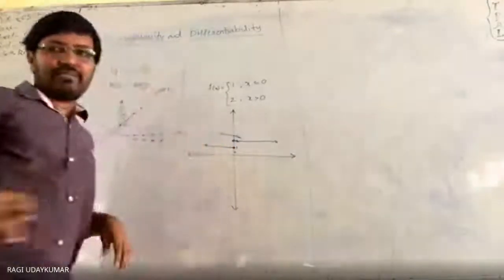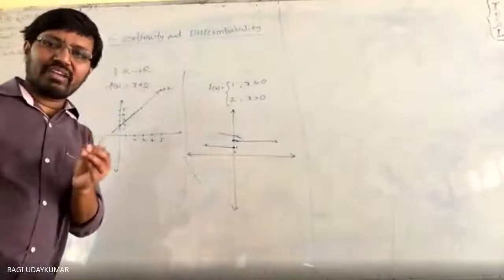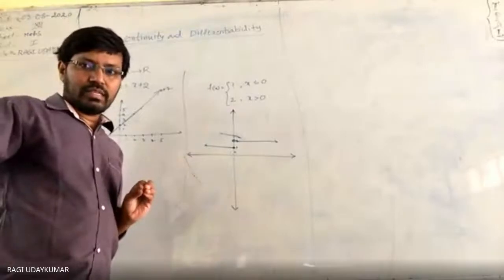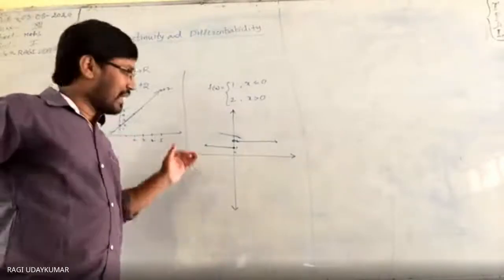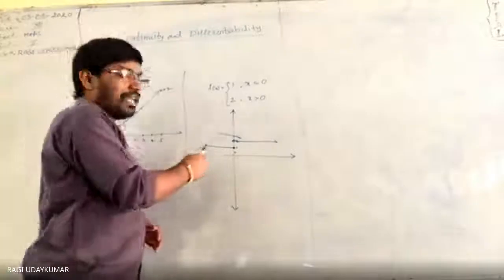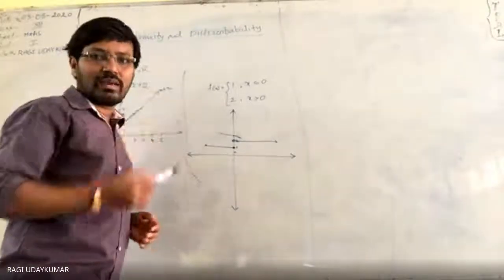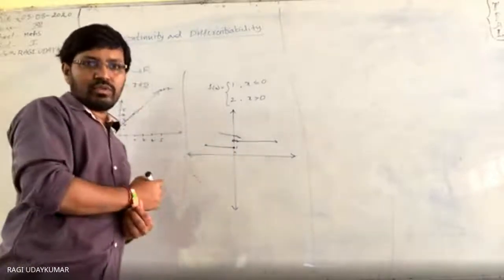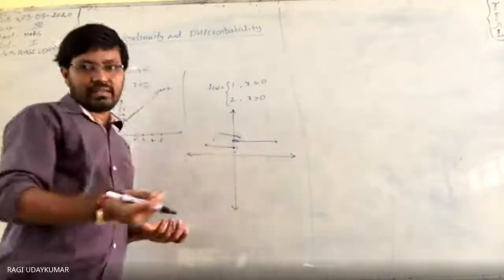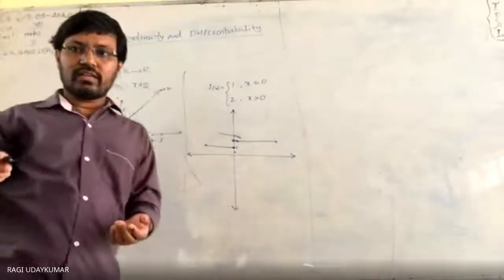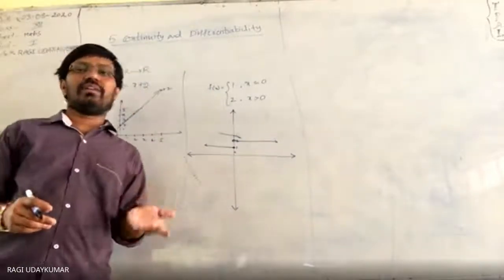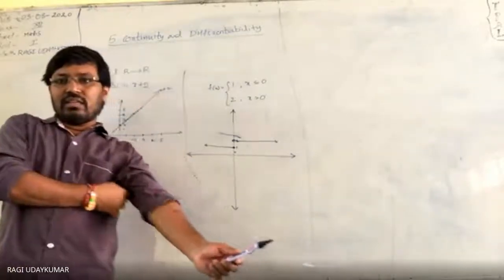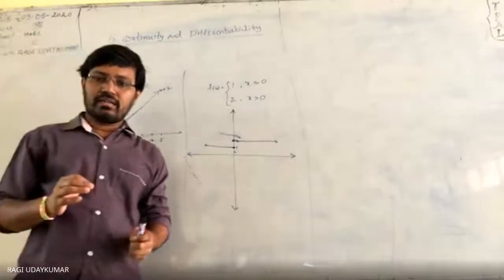Now, you see this graph. Just clearly, by observation itself, you can say this graph is not continuous. A break is there. You need to lift the pen to draw this graph. So continuation is not there. So that's why this function is not a continuous function. This is the simple definition of the continuous function. Okay? Did you get my point here?